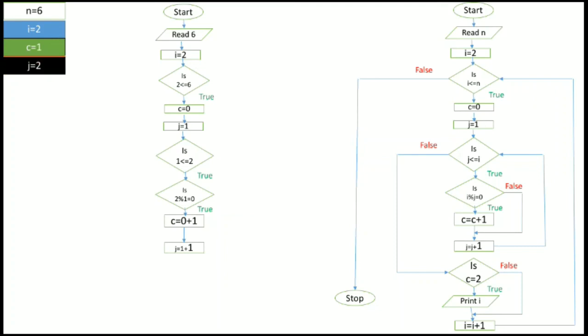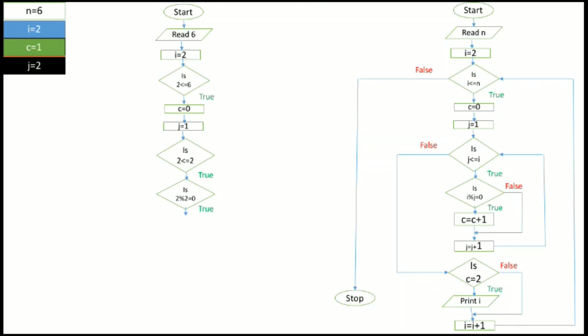Now we will go back again and check the condition. Is j less than or equal to I? So is 2 less than or equal to 2? Yes, it is true. We will check if I mod j equal to 0. So is 2 mod 2 equal to 0?